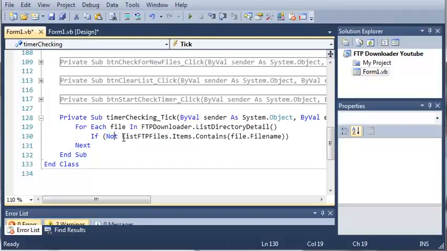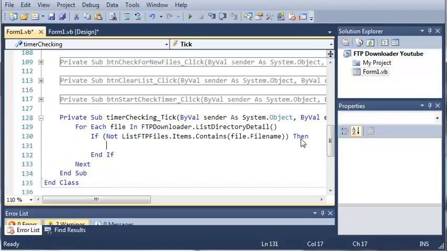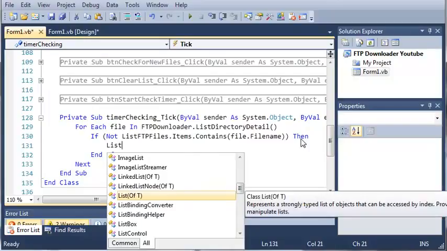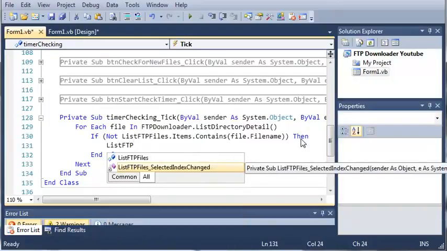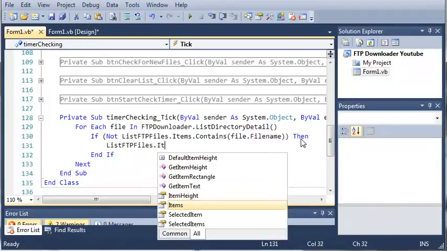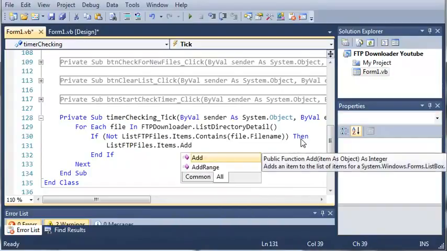If list FTP files.items.contains file.file name, so if the file that is in the current iteration of this for each loop is already in the list box, then we know we already have it. And so we're using not here. So if it's not already in there, then what do we want to do? We want to add that to the list box. So list FTP files dot items dot add, and we will add